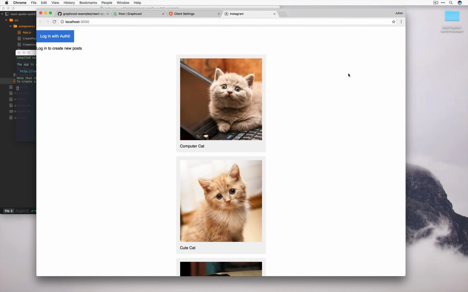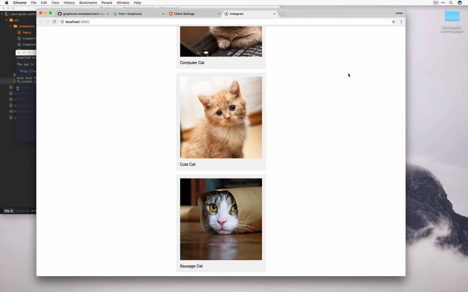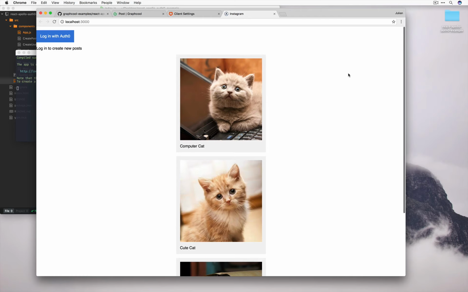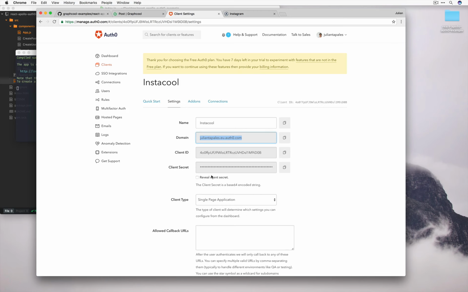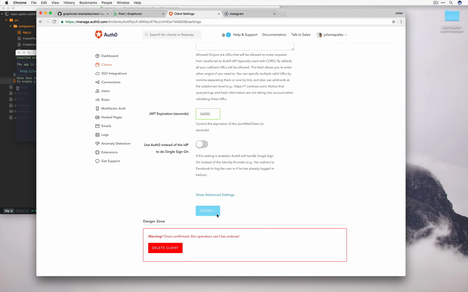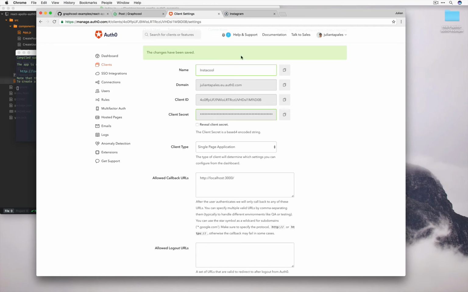And we can see that our app has been loaded. And I cheated a while ago. I paused the video and went ahead and added some posts with these images in there so we can see something nice on the front page. Okay, so before we try and sign in, we have a few more things to do. And that is, we need to copy this localhost 3000 into our callback URLs panel in Auth0's page so that we can authenticate from our local machine. Let's save our settings, and now let's try